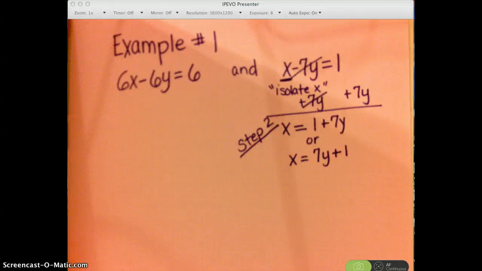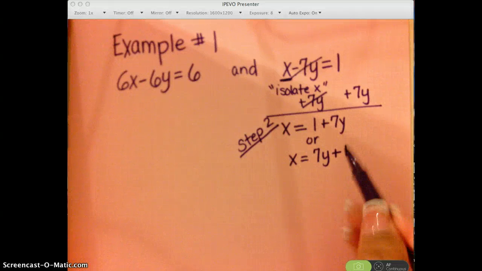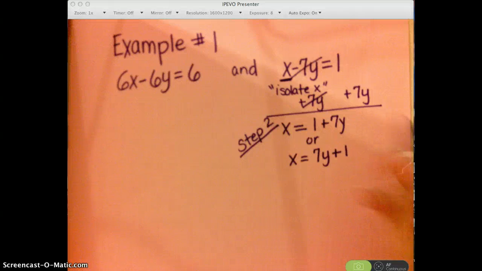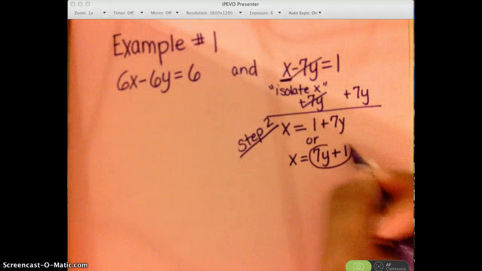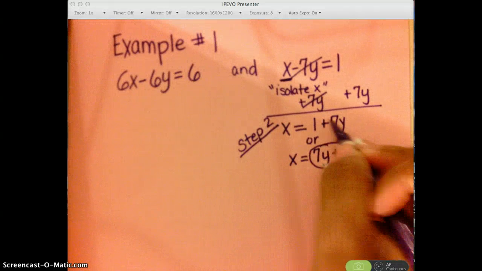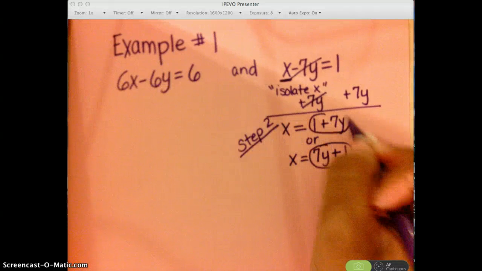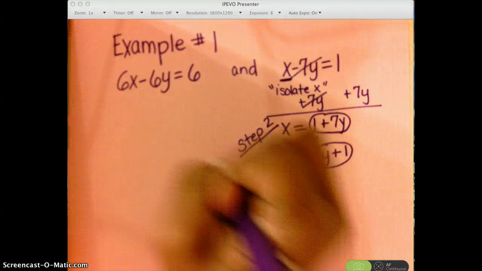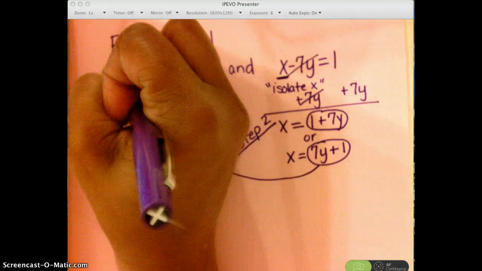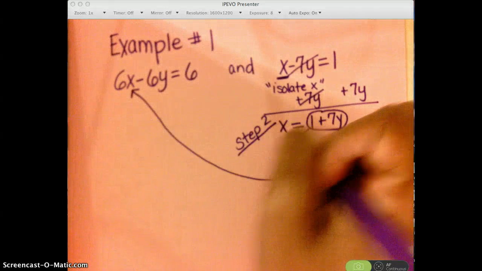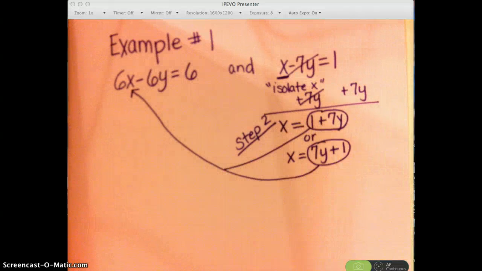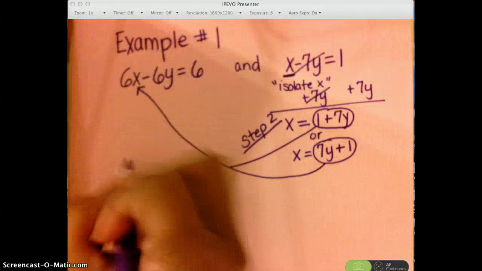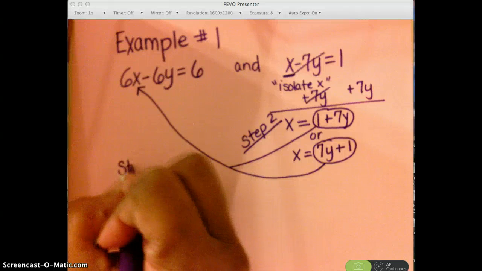Now in step 3, it says to take this expression and substitute it into the other equation. So we're going to take this 7y plus 1 or the 1 plus 7y, whichever you use, and we're going to take it over here and put it in the place of the x. Okay, so our step 3,